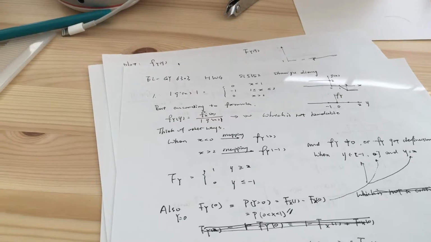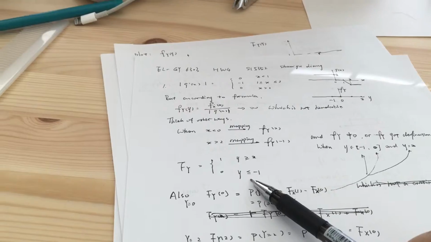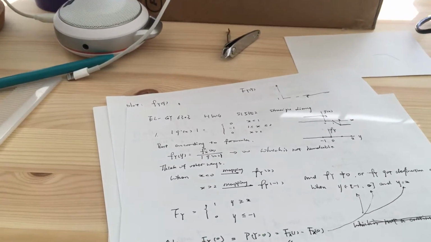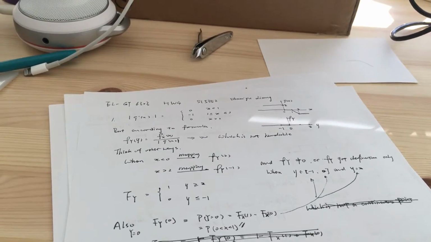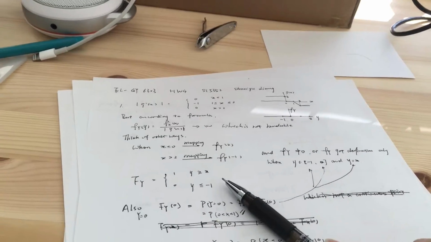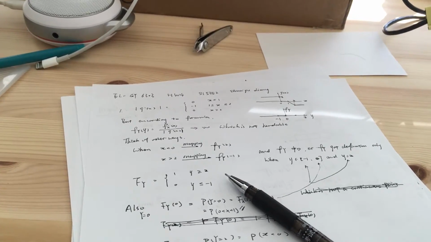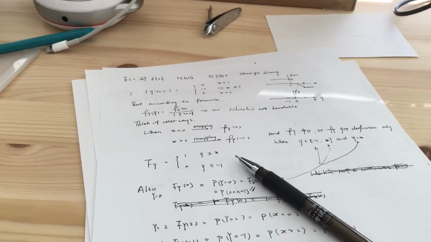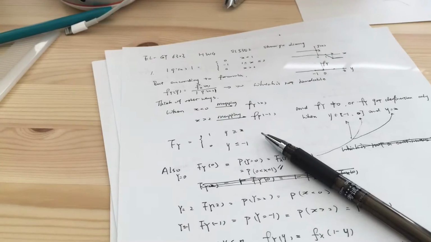So definitely we get a first clue here, that capital F_Y equals 1 when y is greater than 2, and capital F_Y equals 0 when y is less than minus 1. And we could begin solving the problem by writing the cumulative